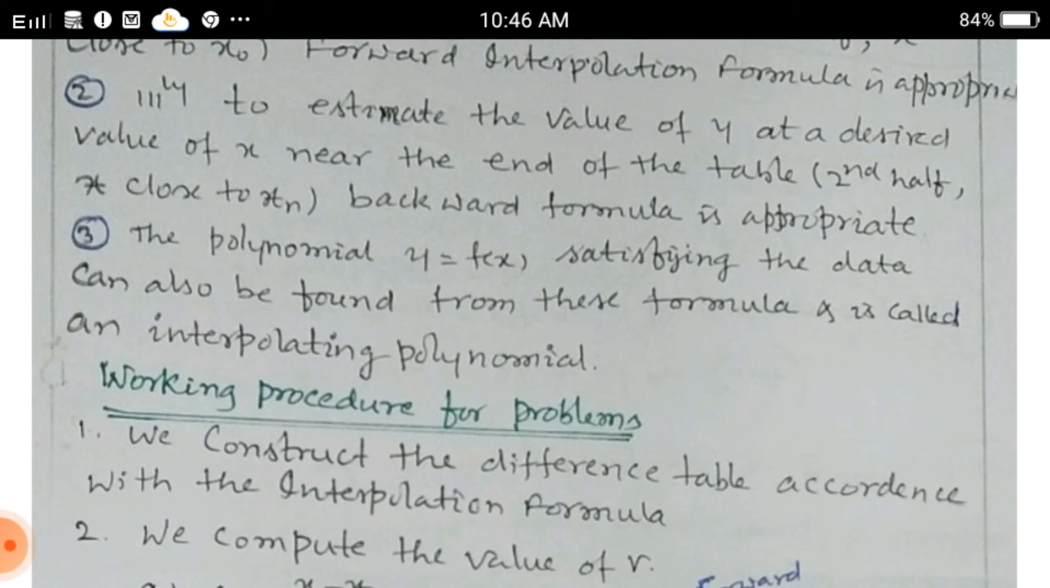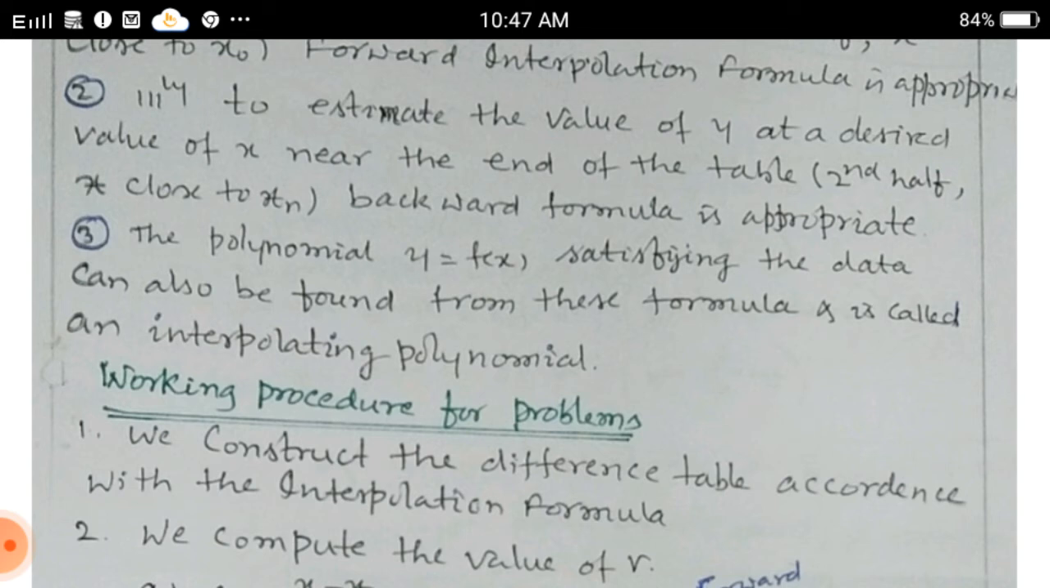Third one, the polynomial y is equal to f of x satisfying the data can also be found from this formula and is called an interpolating polynomial or interpolation polynomial. So they may ask to find the polynomial in terms of x for any data. So we substitute x as it is. Substitute the values x0, x1, x2 and so on,